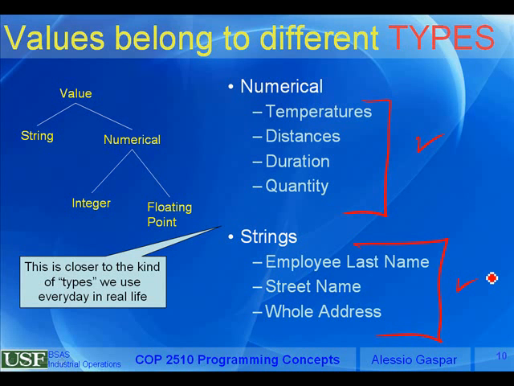So I'm just trying to underline those little differences between what you already know pretty much and what you are here to learn in programming, which can sometimes hold people back a couple of weeks because they just don't get why they can't simply talk about an employee last name or a street name, and why they have to talk about a string. The good news is that as you progress in learning programming, and at the scale of this course, that means as you reach week number 5 or so, we're going to learn to program with Java, and we are going to progressively move toward something called